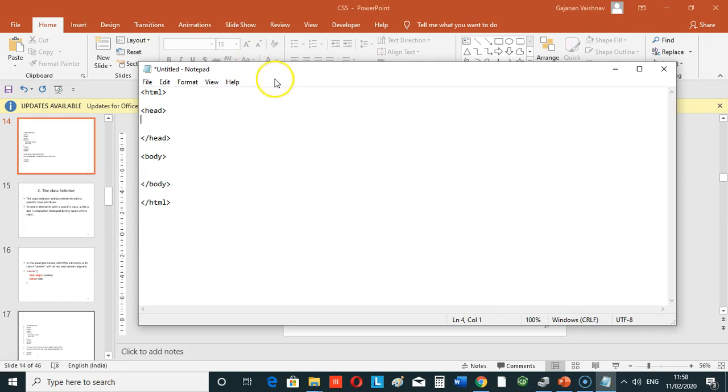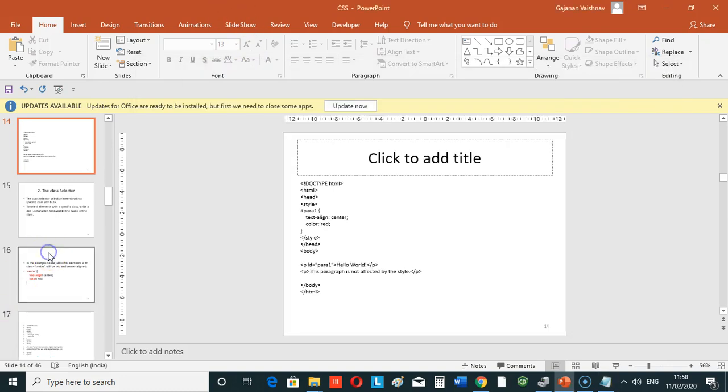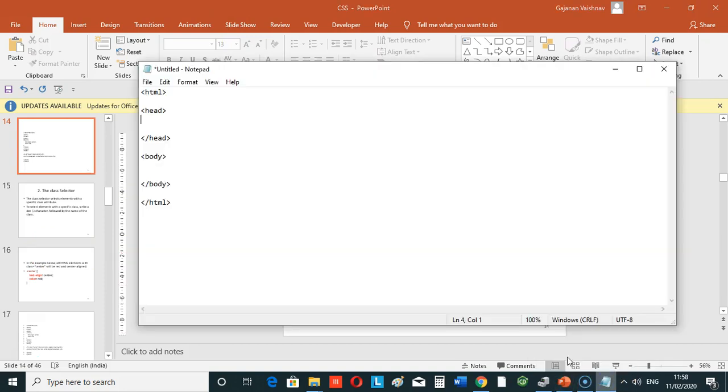I'm including the style element here. The tag uses style. Style means it is going to include a CSS style sheet. It will be closed with /style, and here I'm going to define my